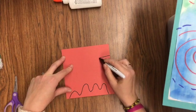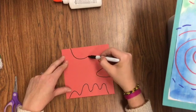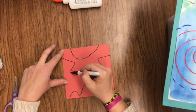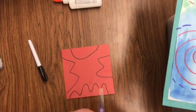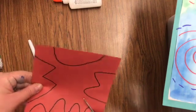So I'm going to go ahead and draw the shapes that I want on each edge. Like I said, just organic shapes. They don't have to be anything in particular. And then what you're going to do is you're going to take your scissors and cut out each one of the shapes that you just created. So after you cut it out,